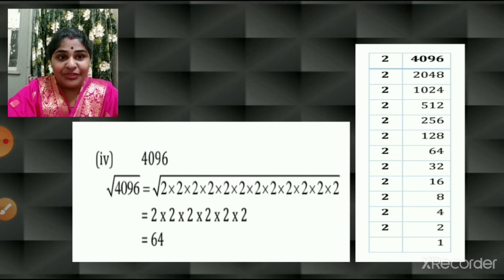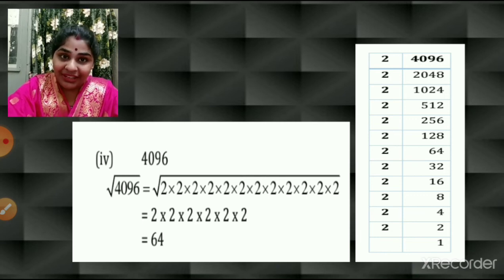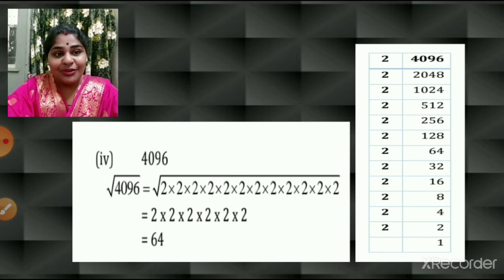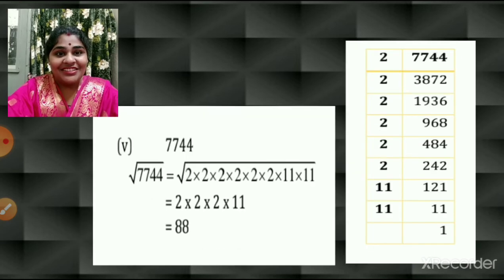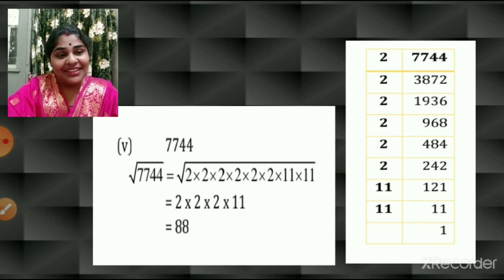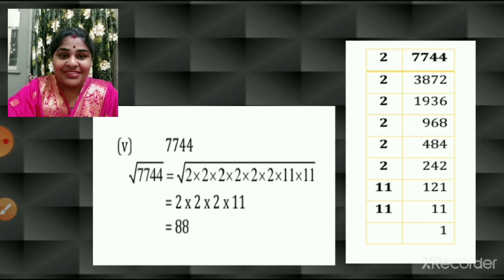Now I am just showing you the slide. I would suggest that you try this at home by yourself and then check the slide once again and check your answer. That will be practice for you, children. I will not explain it. Try by your own and check the answer. So this is the fourth one, that is the square root of 4096. The fifth one is 7744. Alright. Again, try these sums on your own and check your answer, children. I'm just showing you the answers.